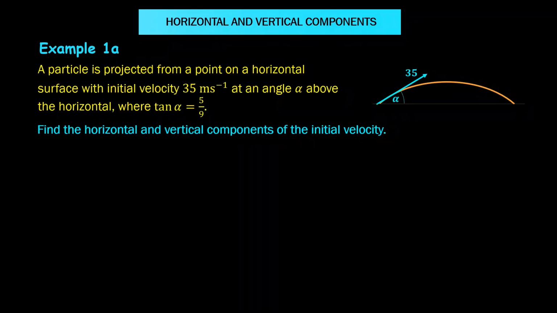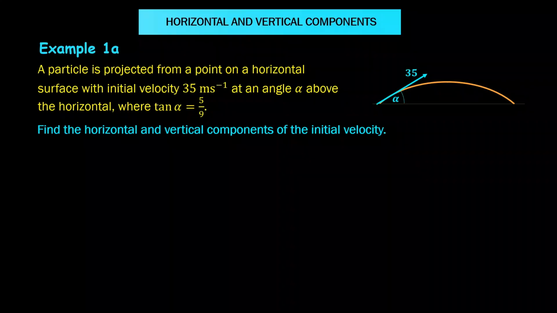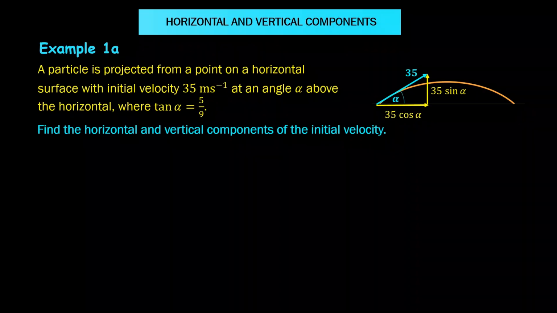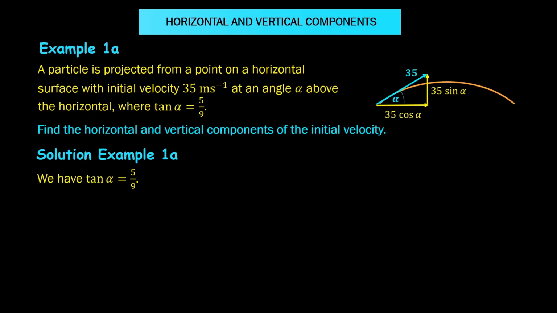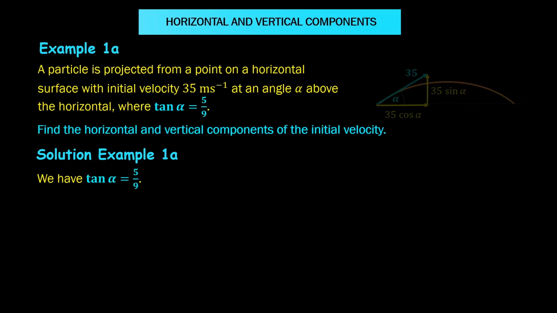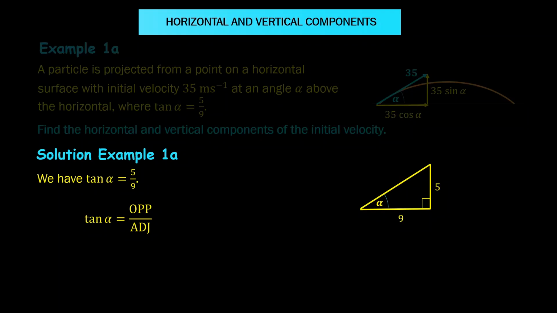So let's take a look at part A first. We are required to find the horizontal and vertical components of the initial velocity. The horizontal component is 35 cos alpha using trigonometry, and the vertical component is 35 sine alpha. So since we have tan alpha equals 5/9, and tan alpha equals opposite over adjacent,